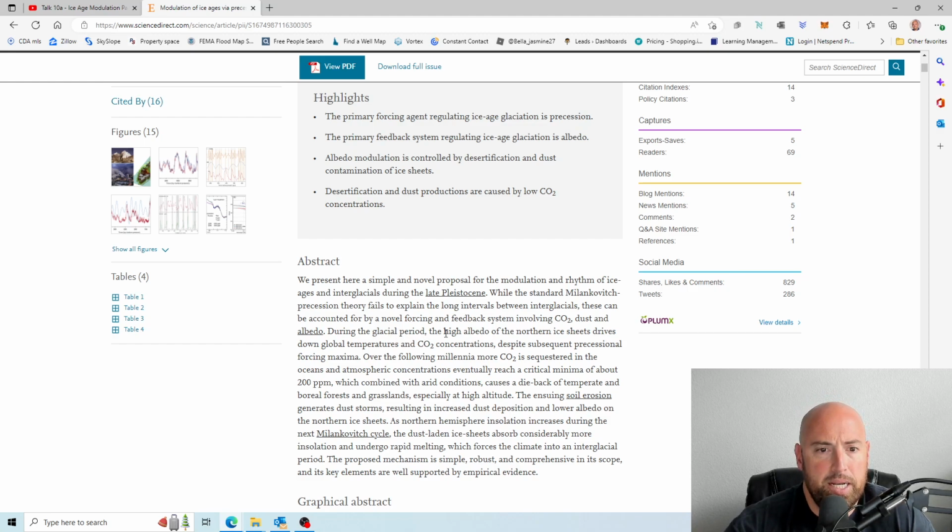During the glacial period, high albedo of the northern ice sheets drives down global temperatures, okay, yeah, and CO2 concentrations. Okay, so yes. So when it's refracting light, a lot of the northern ice sheets, that drives down global temperatures because it's not accepting the heat. If I'm understanding this right, it's refracting it instead, and low CO2 concentrations, which can't keep it in, right? And it drives down the CO2 concentrations despite subsequent